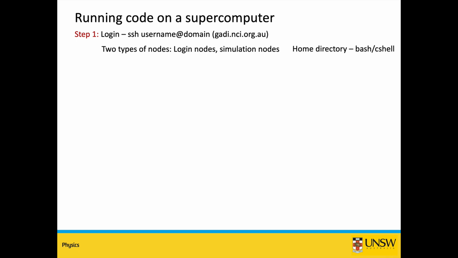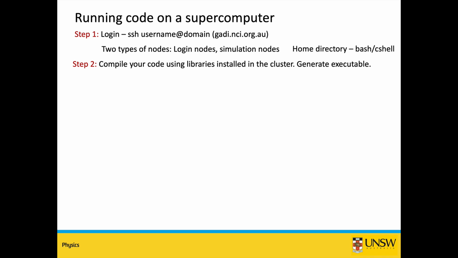But when you log into a supercomputer, how does it look? It actually looks almost similar to your regular computer, but the interface, most of the time, is command based, shell script based. You can have bash or C shell, for example, and you can log into a supercomputer using the SSH command from the terminal. If you have an account, you need to put your username and the domain. For example, for the Gaudi cluster is shown here.